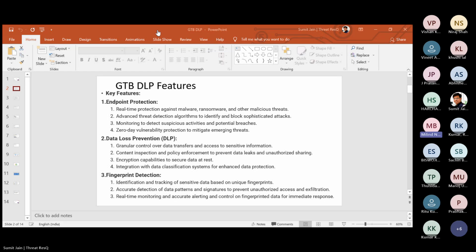So there comes the data leakage prevention software. That is the major difference between an endpoint protection software and a data leakage prevention software, right? So there comes the DLP, where